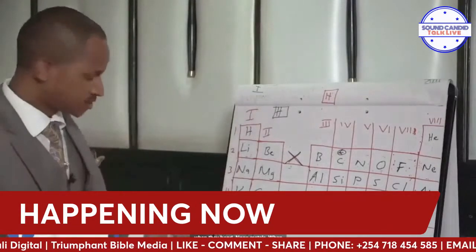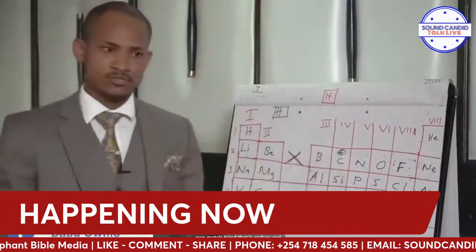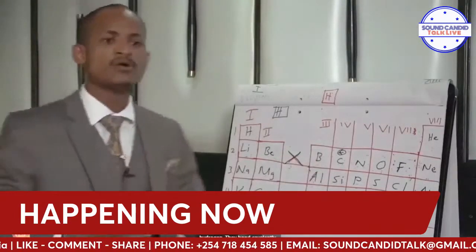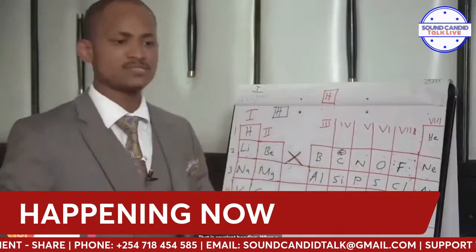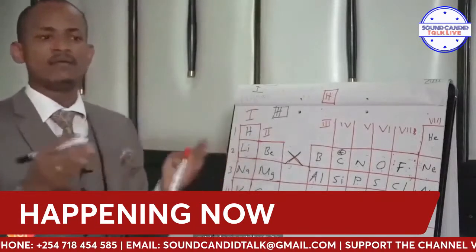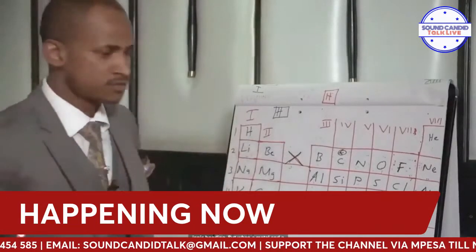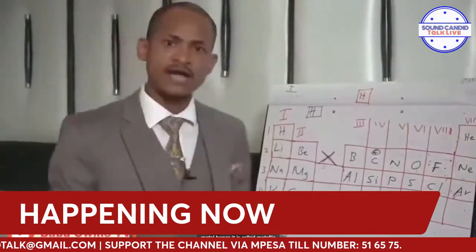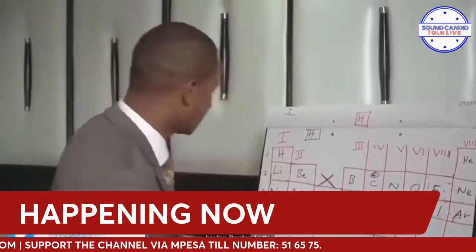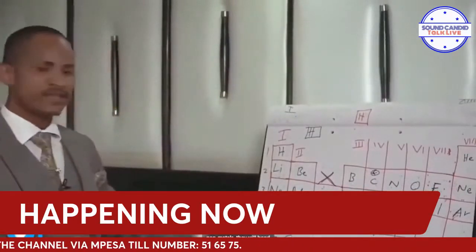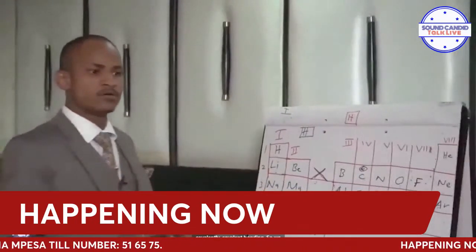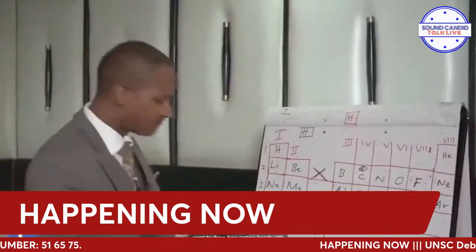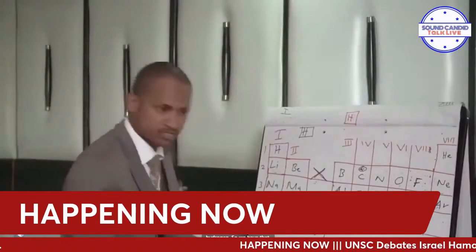Remember, when nonmetals bond, that is carbon and hydrogen, they bond covalently, that is covalent bonding. When a metal and a nonmetal bond, it is ionic bonding. But when a metal and a metal bond, it is called metallic bonding. Therefore, the nonmetals will bond covalently. So we want to show how carbon bonds with hydrogen.